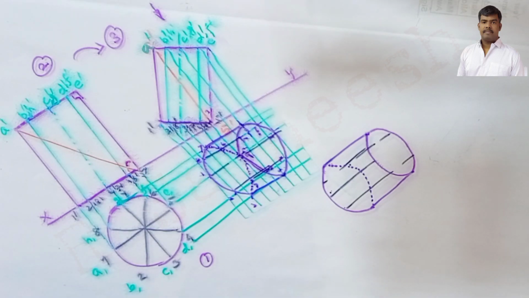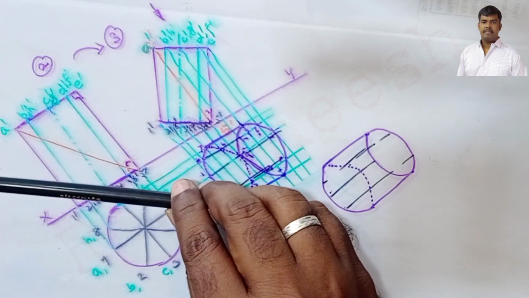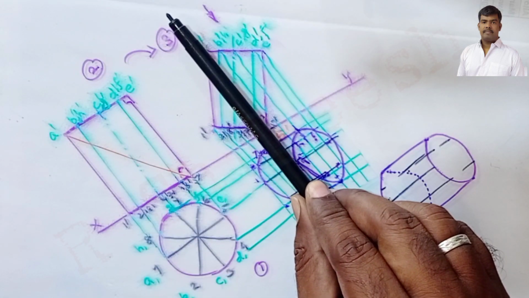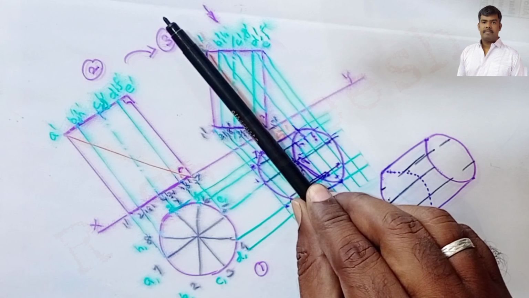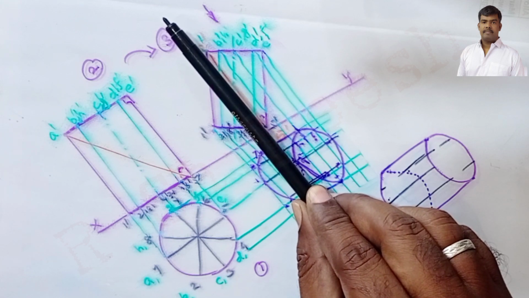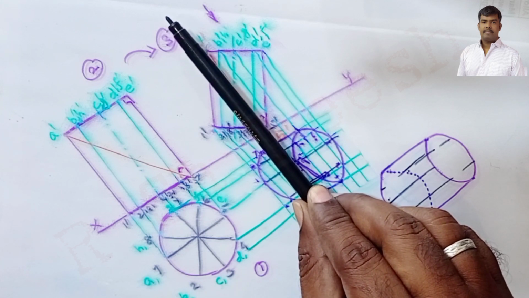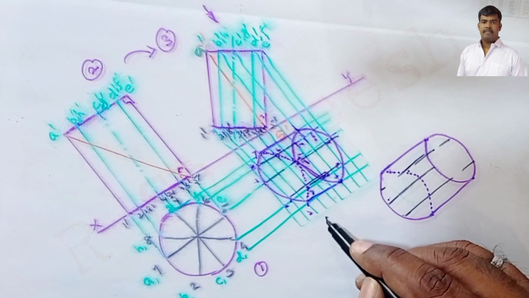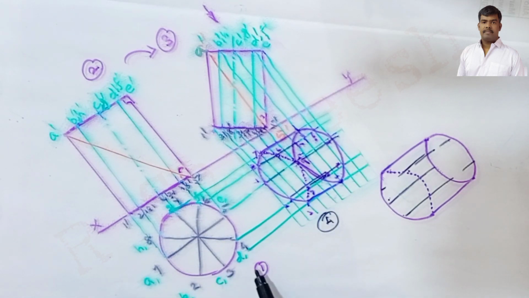The main condition here is the solid diagonal, but in our problem the inclination angle is not given. Instead of that, the solid diagonal is perpendicular to HP. Clear? It's nothing but the solid diagonal is vertical. This is the solution for our given problem. Clear? Finally we get the fourth one. So this is the order: first, second, third and fourth. Thank you.